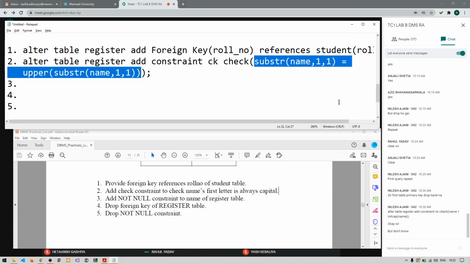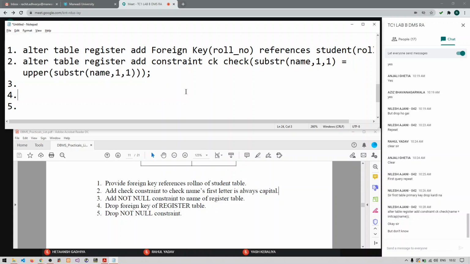Okay, very good try. So now Rahul, let me just try to explain it in a very clear manner. So alter table register add constraint ck, that you know. Now I'm adding one check constraint, and in that I have passed one function substring name 1 comma 1. So what will this do?